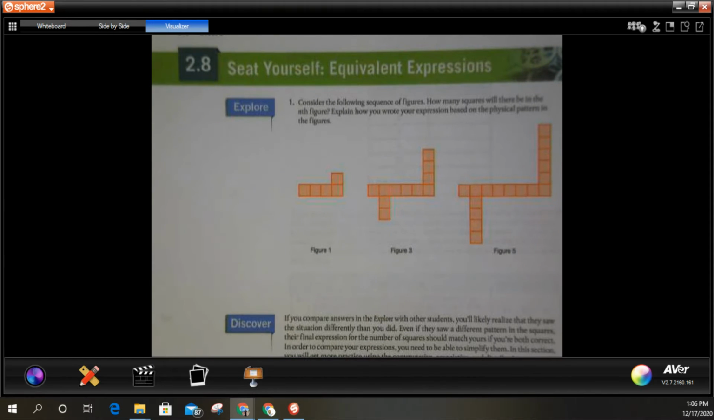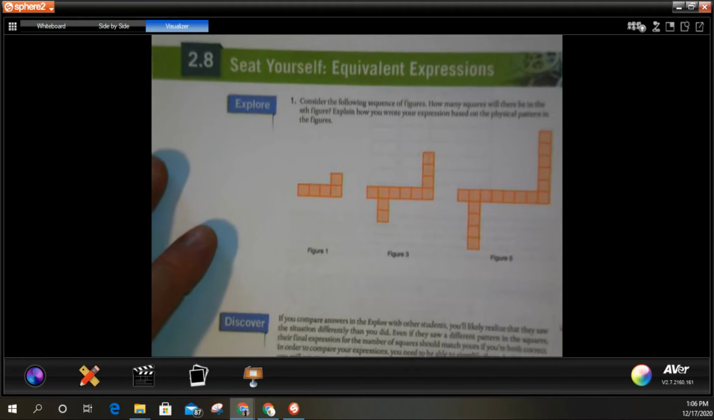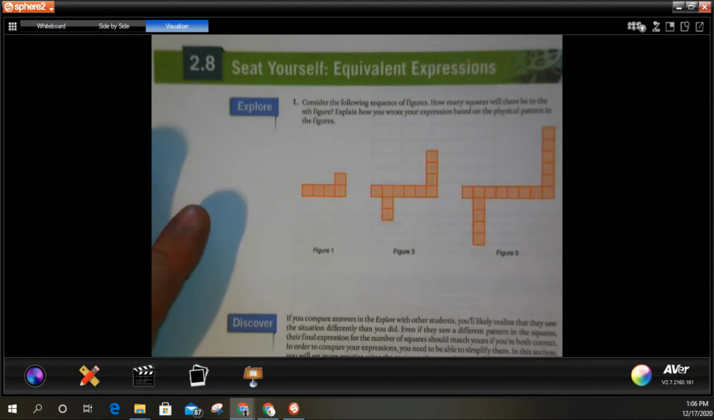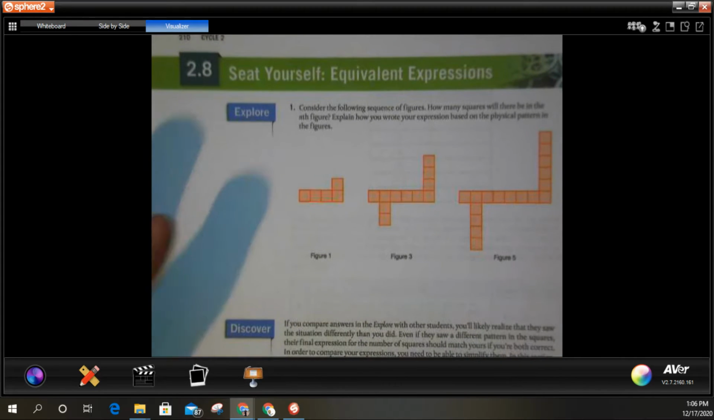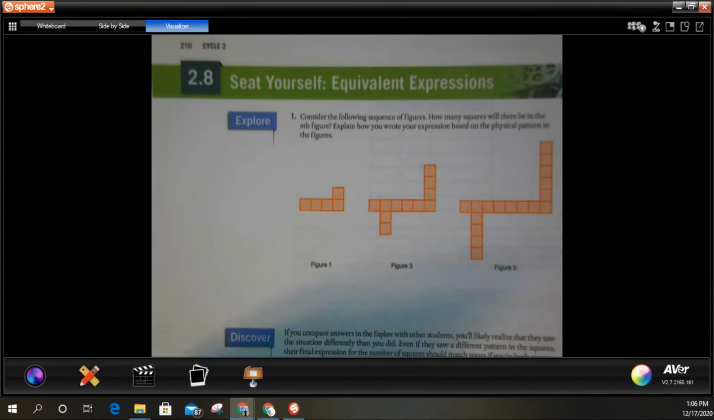Okay, 2.8, equivalent expressions. This is actually not too bad. Okay, so let's see. They've got a couple of different figures here. All this is saying is there's different ways to count these. Okay, obviously there's